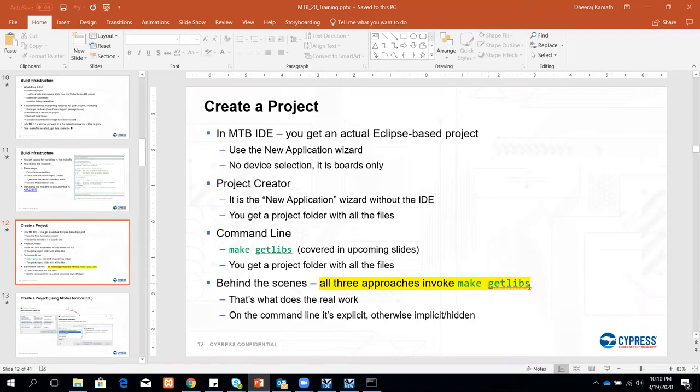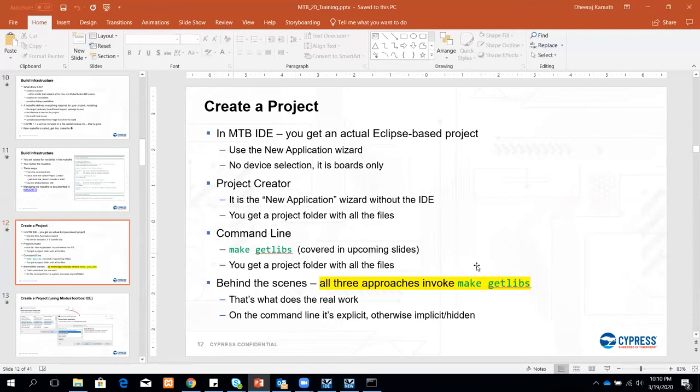In this case, get_libs is used to get all the libraries that are required for your project, and we'll be talking more on this. But what I want you to understand from this slide is there are three ways for you to create your project, and I have shown you three different ways of doing that.